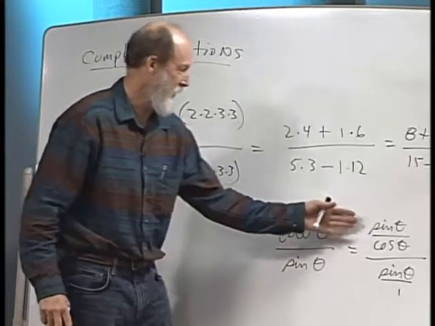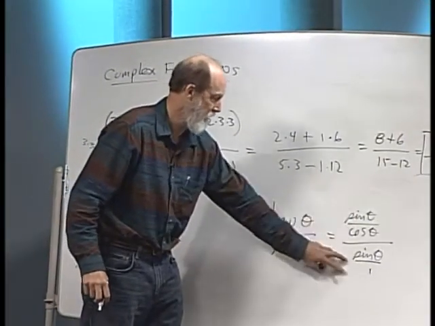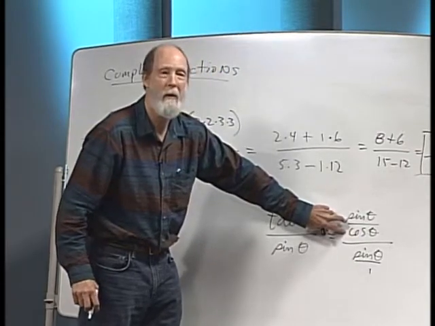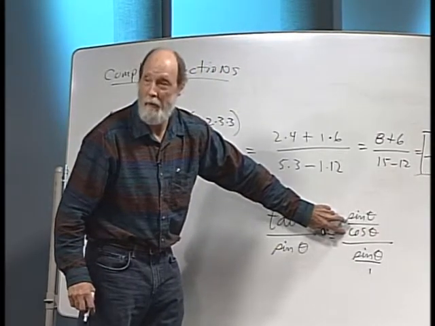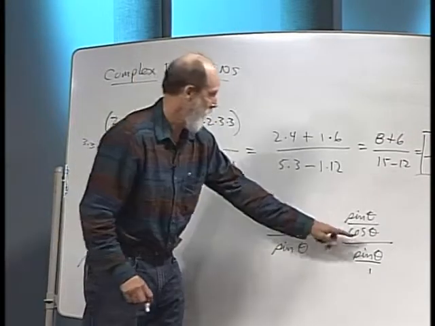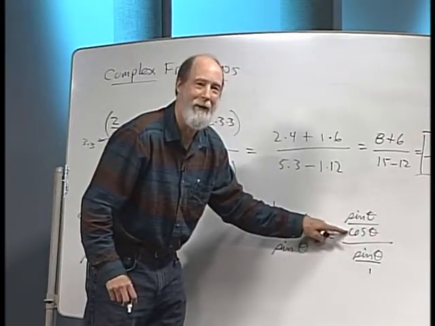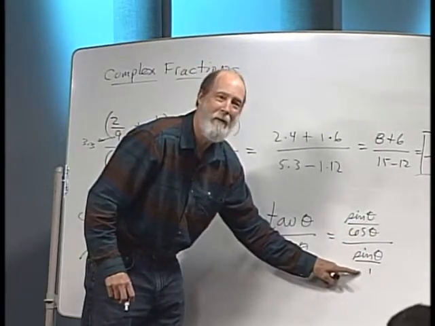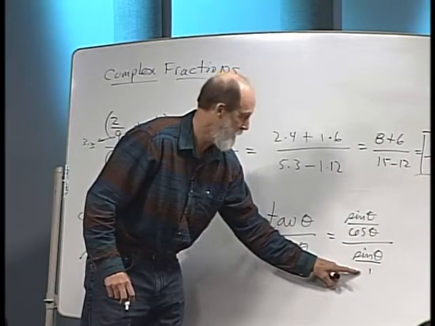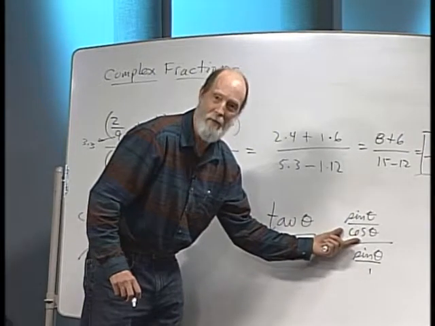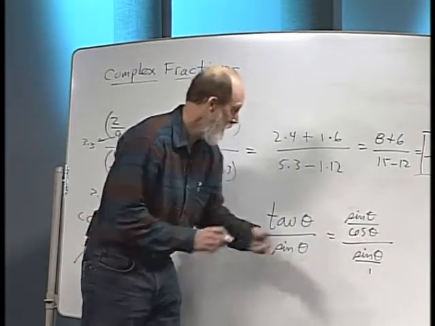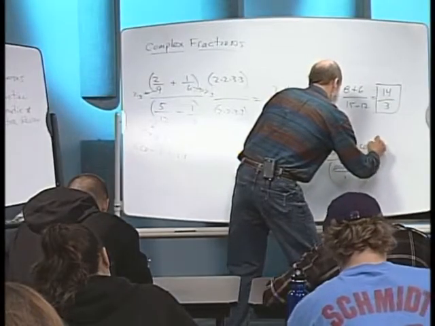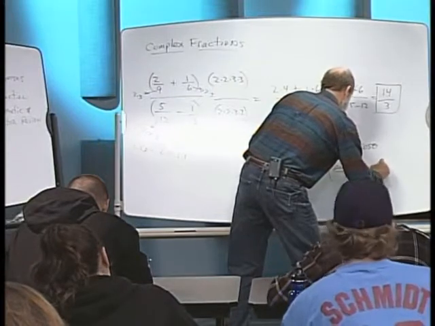What's the common denominator you see here of this fraction and this fraction? Cosine theta, isn't it? Factor this denominator. Doesn't factor, does it? It's cosine theta. This denominator is 1. The lowest common denominator has to have a cosine theta in it, and that's it. So all you do is you multiply your numerator by cosine theta, and you multiply the denominator by cosine theta,